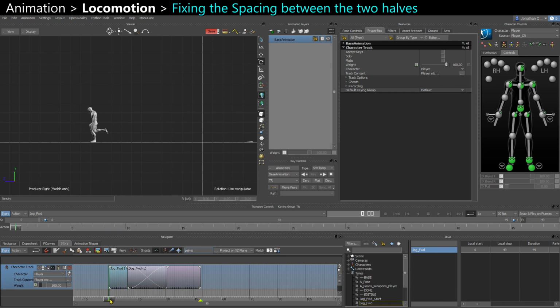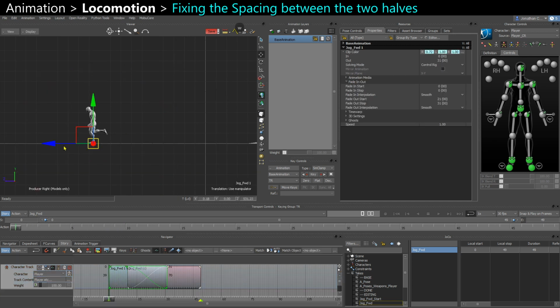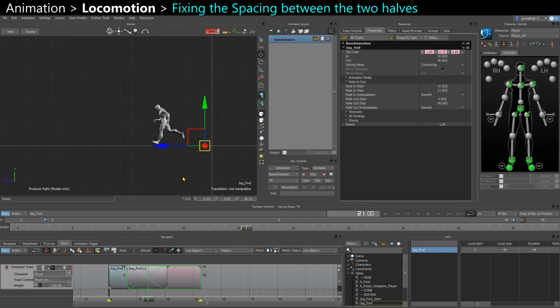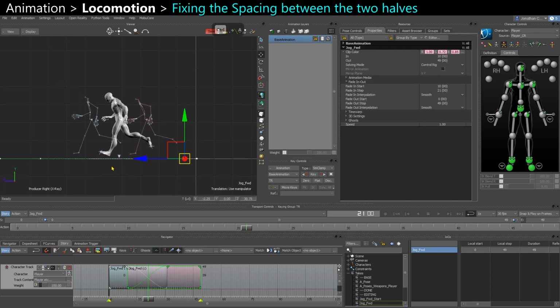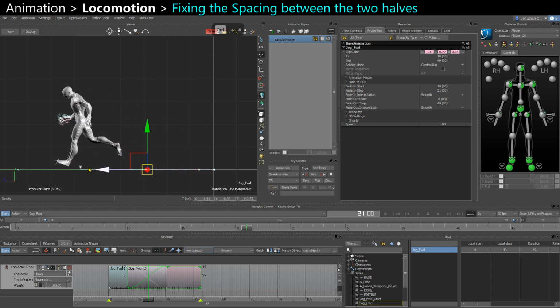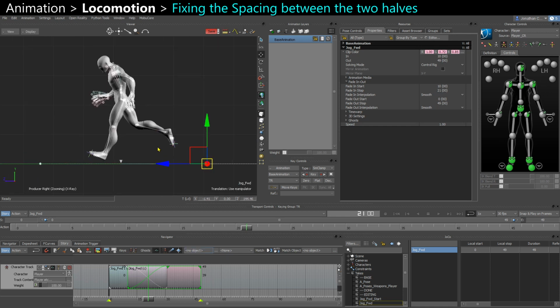So in terms of spacing, it's not correct. So I want to move the character back at the origin on the first half, and I'm going to go somewhere in the middle of the blend between the 2 clips, and I'm going to take my second half, here in red, and I'm going to move it so that it matches